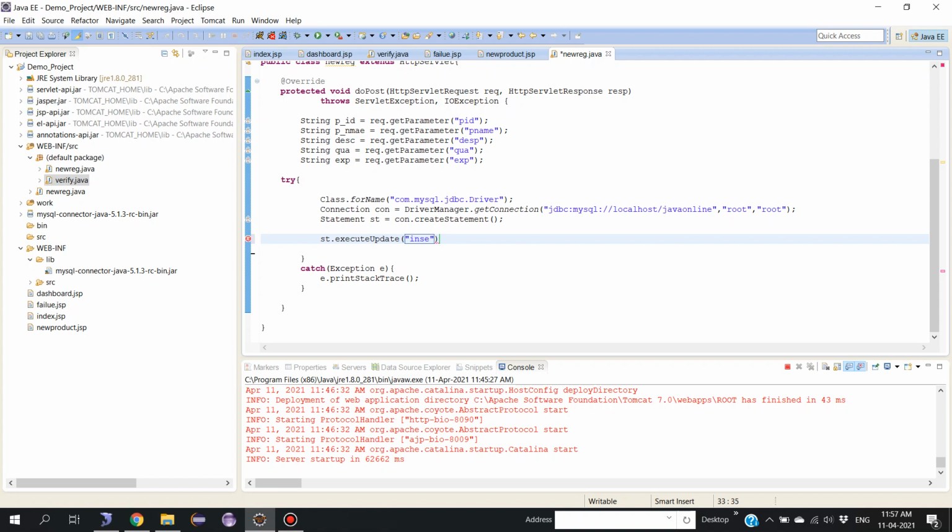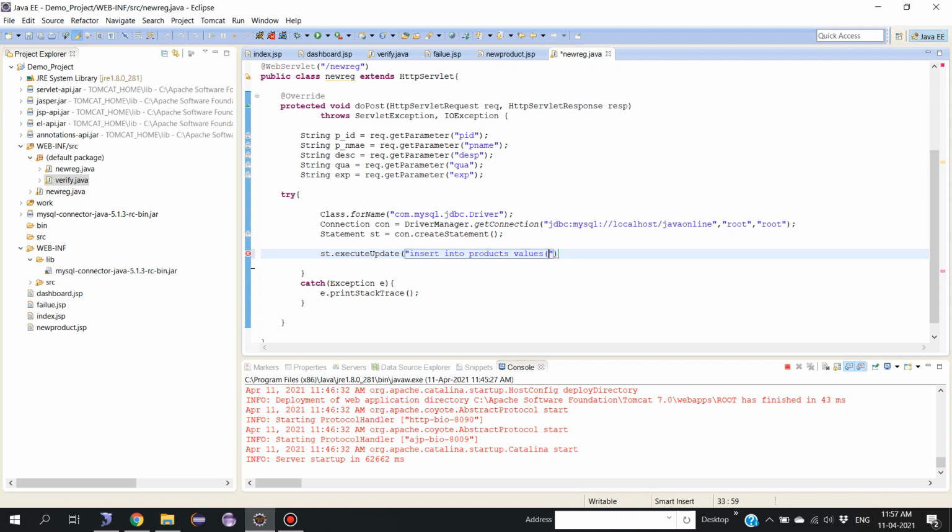Insert into which table? Products values. Insert into products values. Okay, let me take. So these are all strings. If it is a string, you need to insert in this format. First start with single quote, next double quote, next plus, and provide the variable name p underscore id,